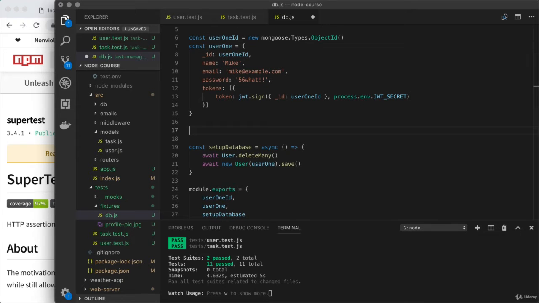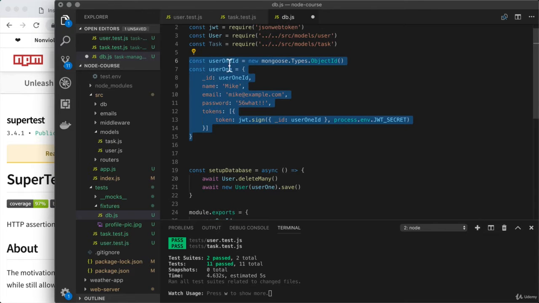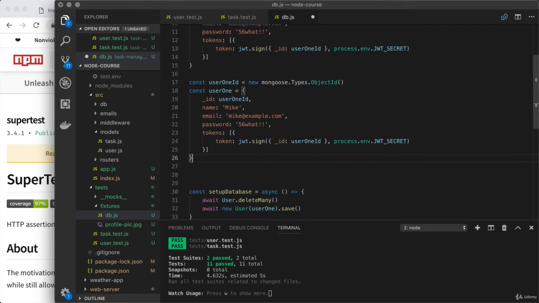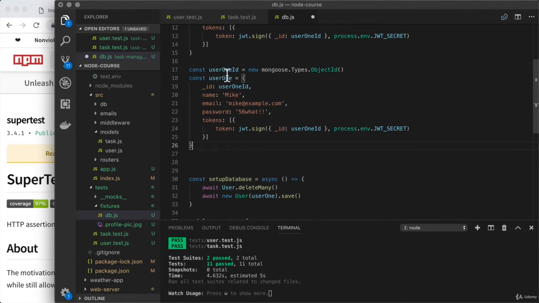I'm going to create a couple of tasks, and we'll even go ahead and create a second user we could play around with. Let's get started with that second user right here. I'm going to take everything for the first user, our two variables. Down below, what I'm going to do is just paste them, changing some of the information. So for the second one, I'll have user2ID, then the object user2, and down below where we reference the ID, we want to make sure to grab user2ID here, and when we create the JWT,